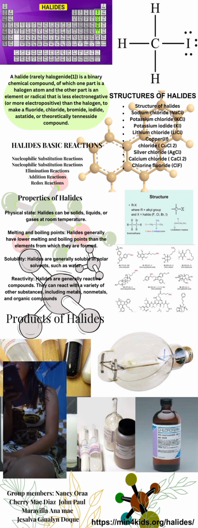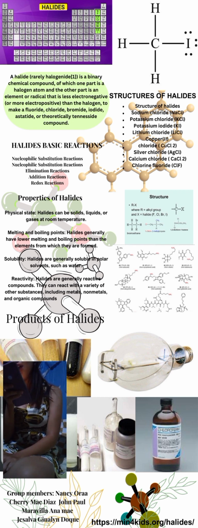Halogens are a group of elements that include fluorine, chlorine, bromine, and iodine. They are all highly reactive and can form a variety of compounds with other elements. Some of the basic reactions of halides include